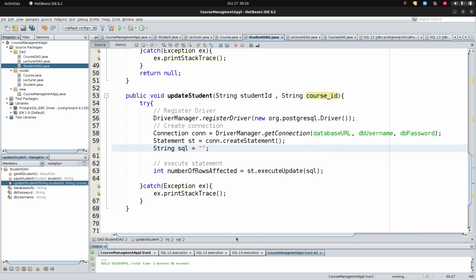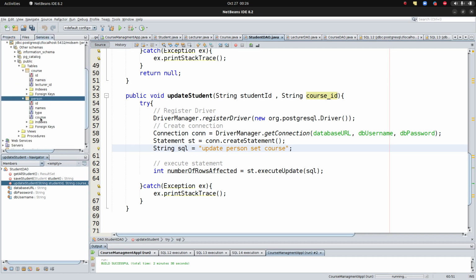Now we come here and say we're going to update. After update, you specify the table we're going to update. The table is called person. And then it says set. We need to set the course. Remember, that's the column we have from here. It's called course. Update person set course to be equal,